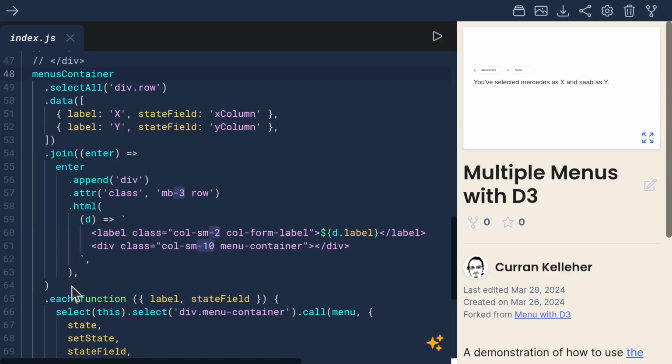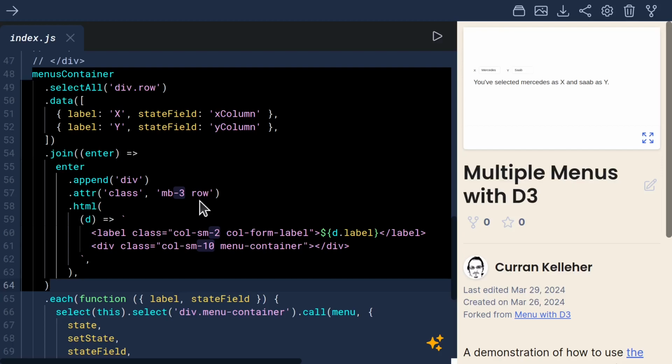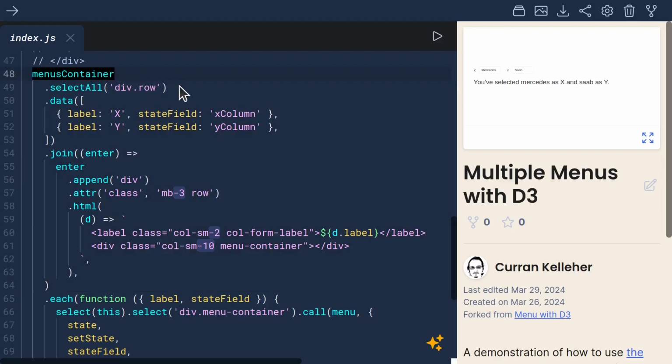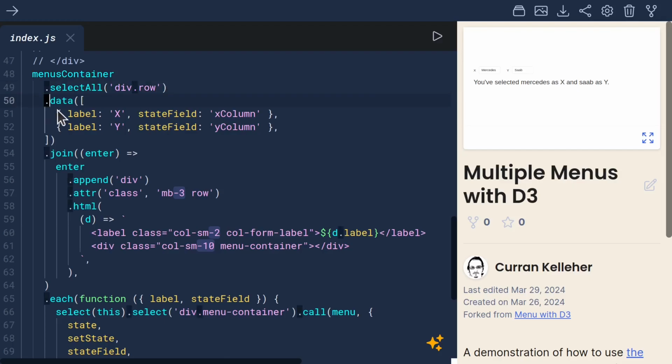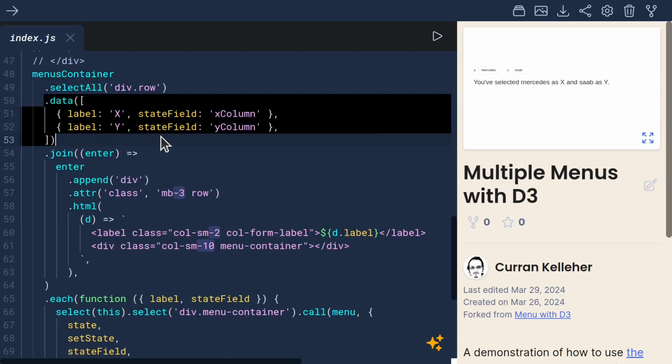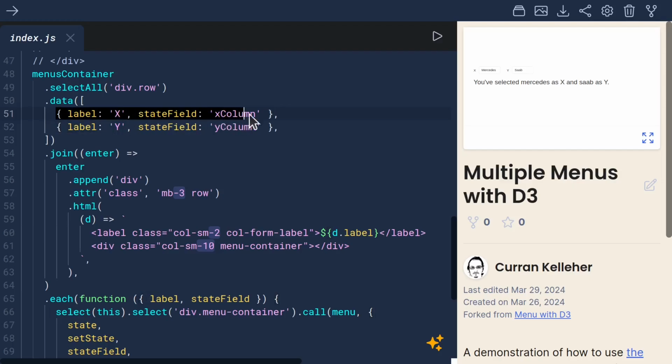Here's one way we can do that. We have menu container.selectAll div.row.data, and we pass an array where each of the elements represents one of the menus that we want, each of which has a label, a human readable label, and then another property called state field. And this is the field or property of the state that the menu will be driven by. So